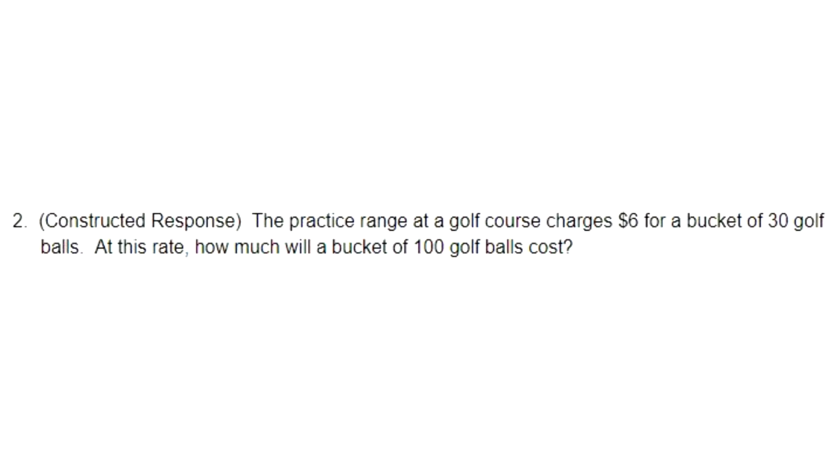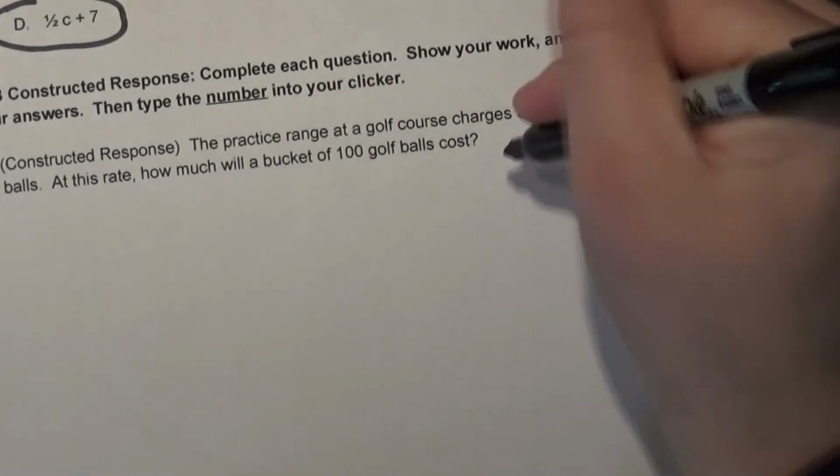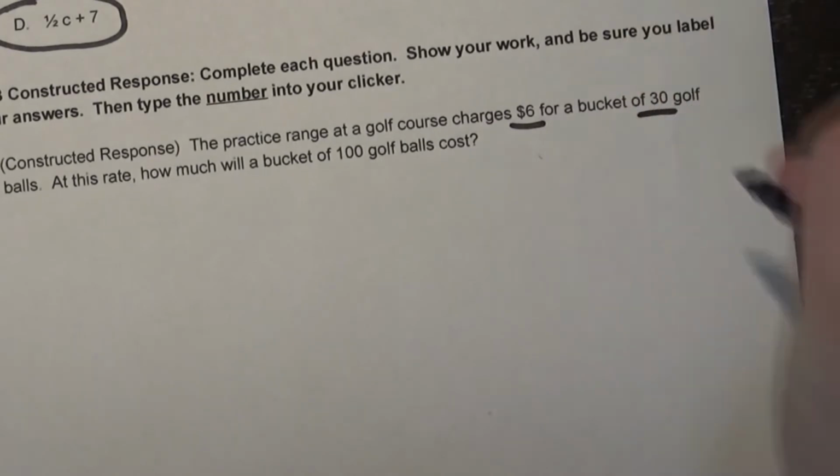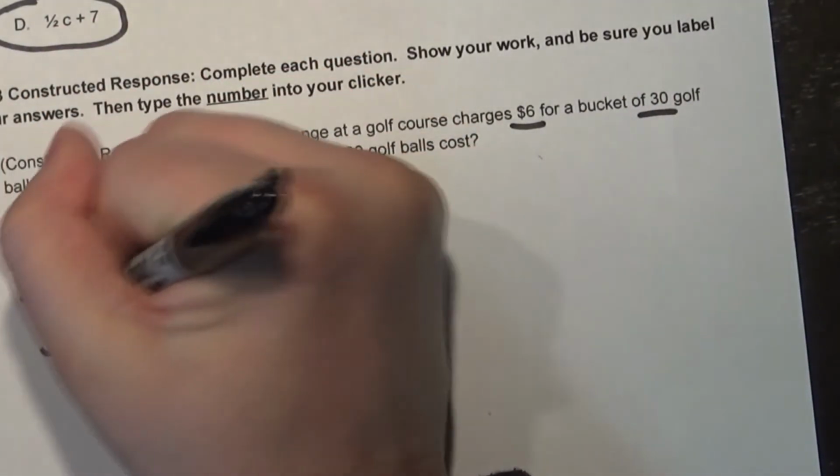Number 2 says the practice range at a golf course charges $6 for a bucket of 30 golf balls. At this rate, how much will a bucket of 100 golf balls cost? Well, here, all I need to do is make a ratio, right? So I know it's $6 for 30 golf balls. So I'm going to write that down. That's $6 to 30